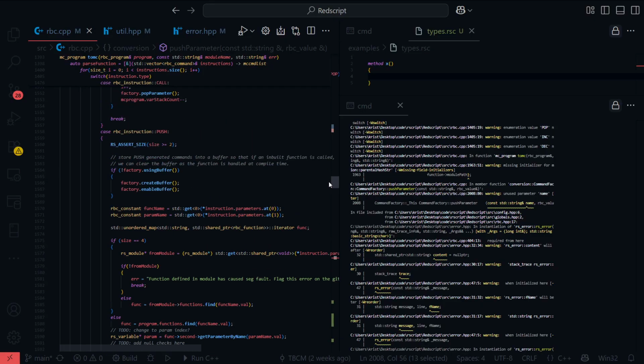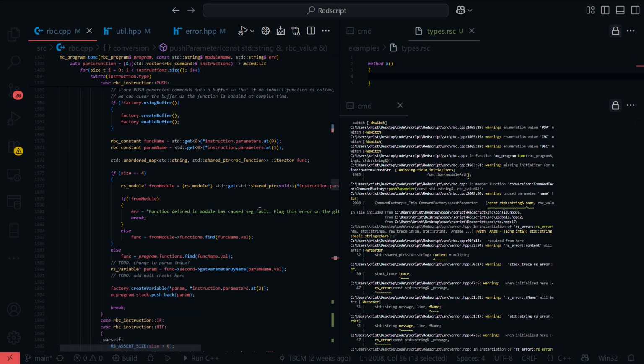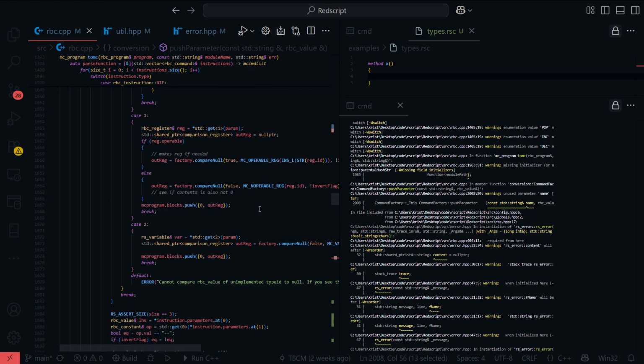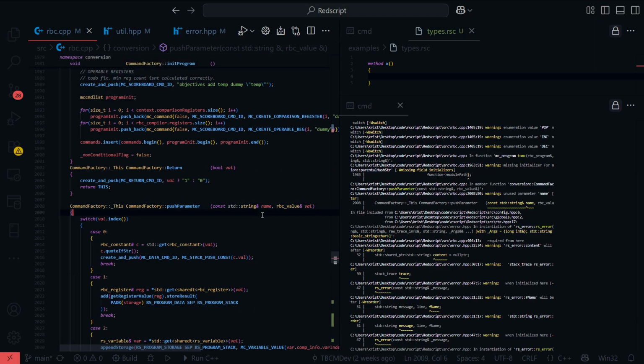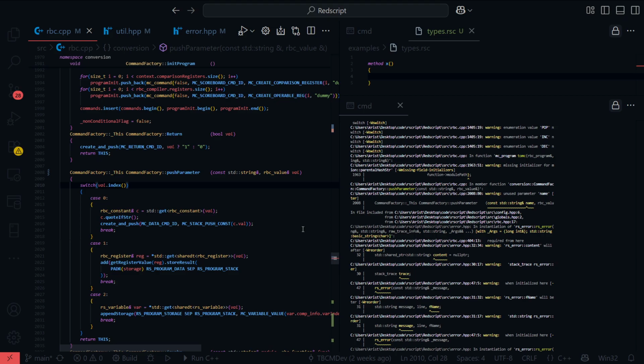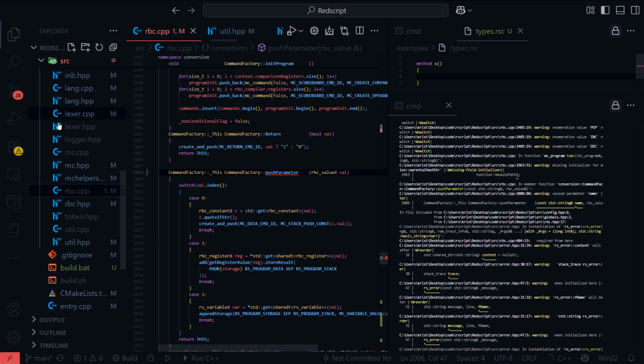Here's push. So I don't call push parameter. Okay, and just get rid of the name, I guess. Or just modify the signature altogether.